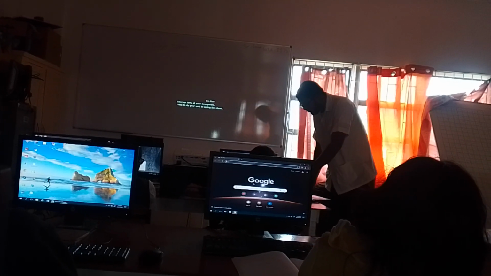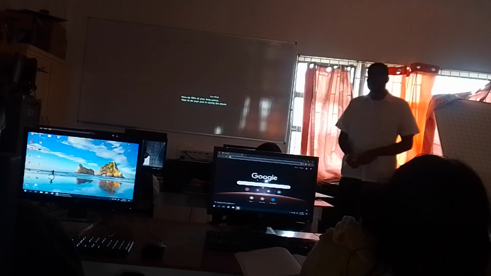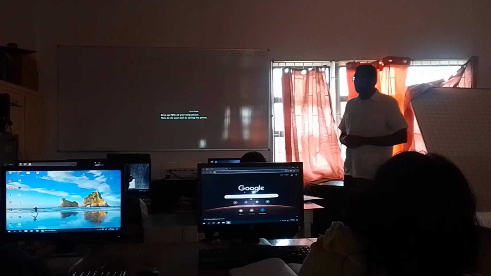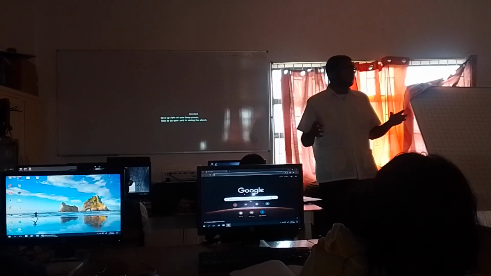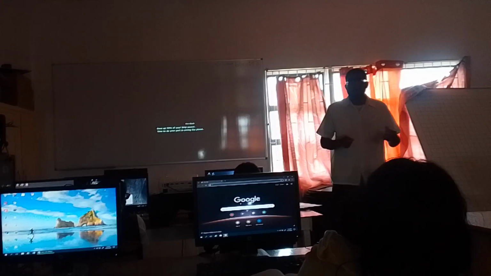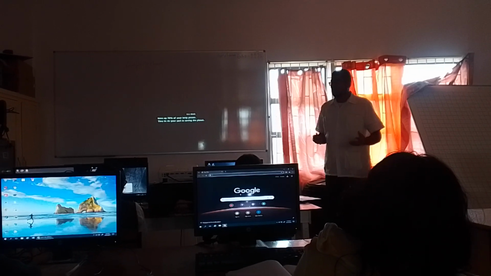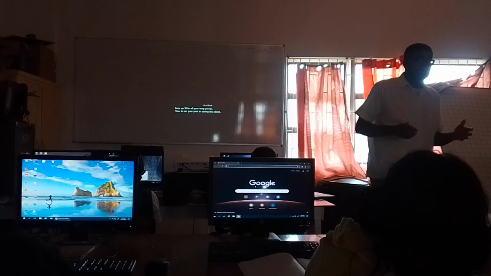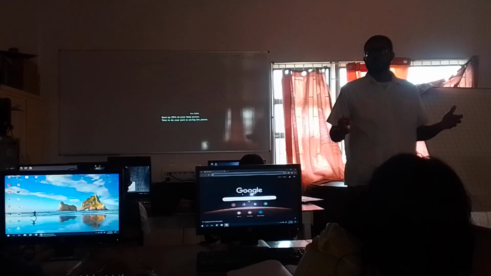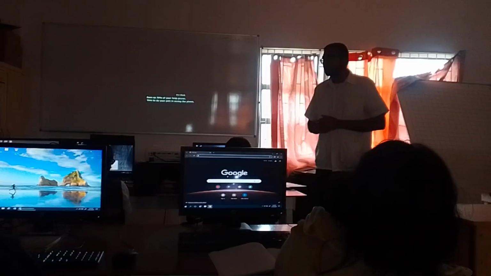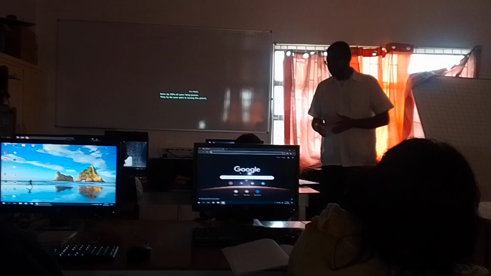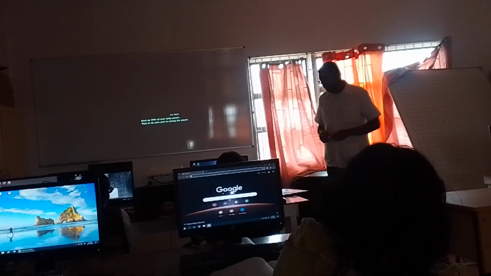Now, there is a slight difference between the two. Although we use them interchangeably and say graph and chart, there is a slight difference. I don't think CSEC would specify much on it. However, there is a guide that they will give you on how to select the appropriate graph or chart. Not all graphs and not all charts fit every situation. So first, let me tell you the difference.